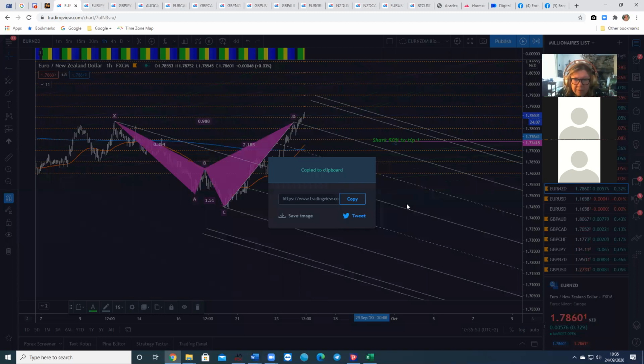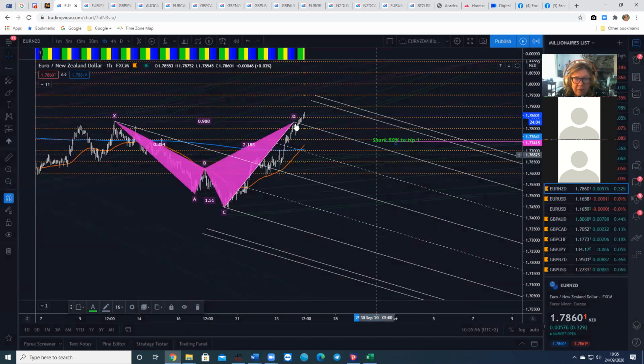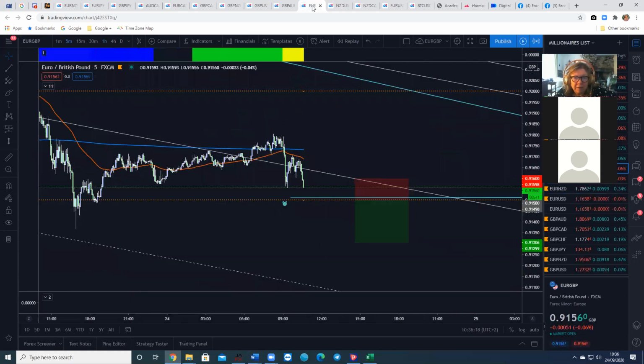This was a new shark scan. So you can see it's now failed off that D point. The D point's moved. That's what happens with sharks. I did draw it and put it in the Pitchforks group last night, but I put that there as a reminder to tell us all today that it's not valid for us to trade. And you can see the 62 has just crossed above. So this euro is still going up, which says to me that invalidates quite a lot of the thinking on these. Although Euro NZD is a very fast pair, so this might be turning slower